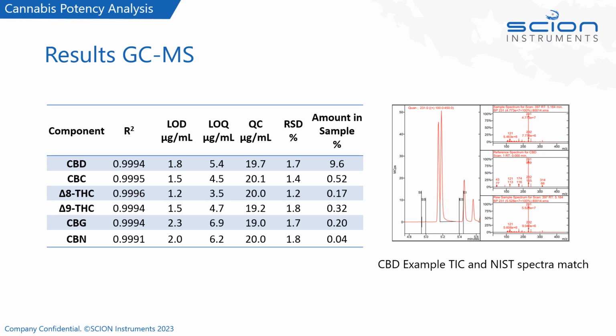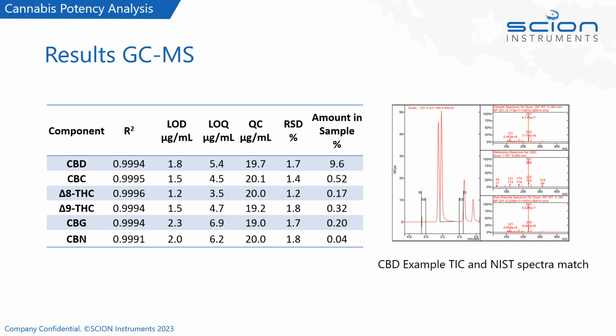And the results were shown to be precise and accurate, as can be seen from our QC sample. And the LOQs were deemed to be more than sufficient for the requirements. So, for example, the UK Home Office only issues licenses for the cultivation of cannabis plants from approved seed types with a THC content not exceeding 0.2%. Our LOQ was